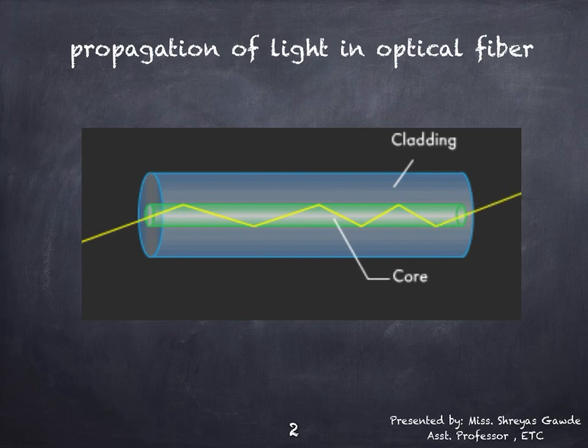The dielectric waveguide is different from a metallic waveguide, which is used at microwave and millimeter wave frequencies. In a metallic waveguide, there is a complete shielding of electromagnetic radiation, but in an optical fiber, the electromagnetic radiation is not just confined inside the fiber, but it also extends outside the fiber. And the light gets guided inside the structure through the basic phenomenon of total internal reflection. So now let us first know what this total internal reflection is.